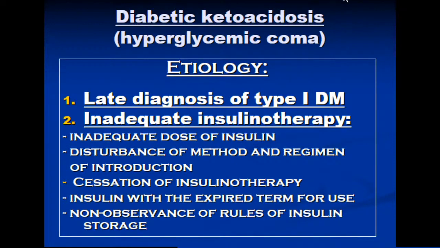First, we'll consider diabetic ketoacidosis, hyperglycemic coma. Etiology. A late diagnosis of diabetes mellitus. Inadequate insulin therapy, usually insufficient dose of insulin, disturbance of methods and regime of introduction, cessation of insulin therapy, insulin with the expired term for use,